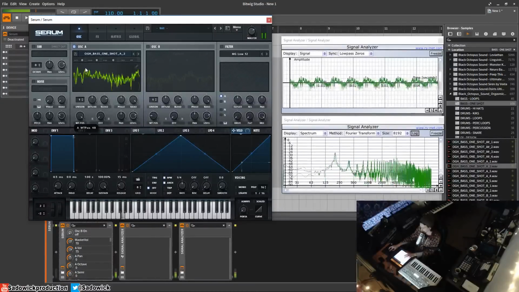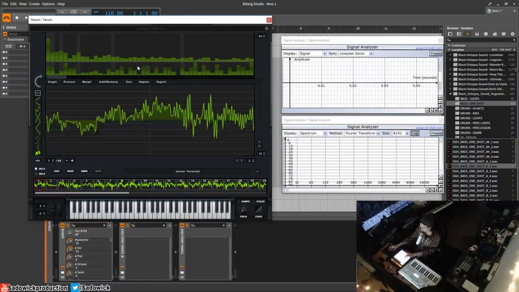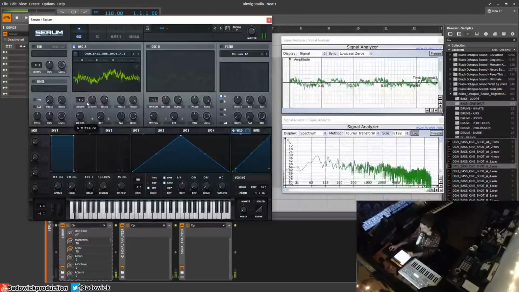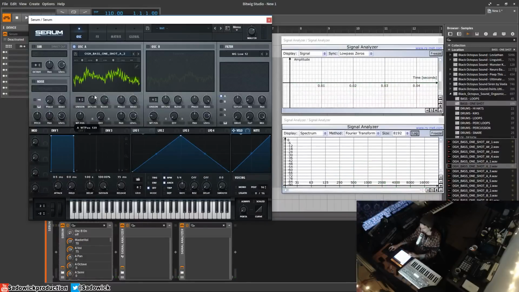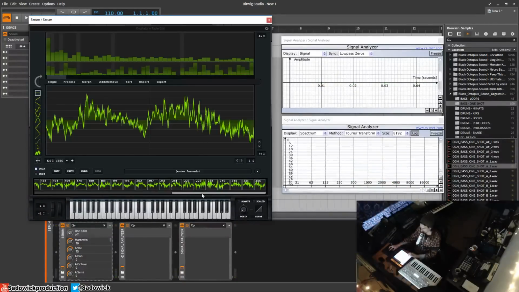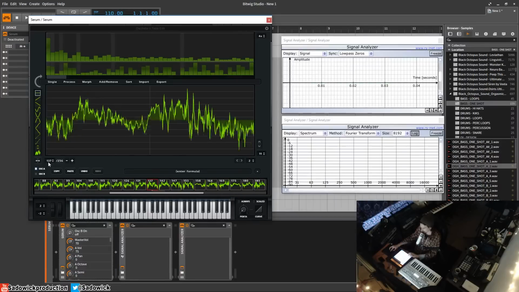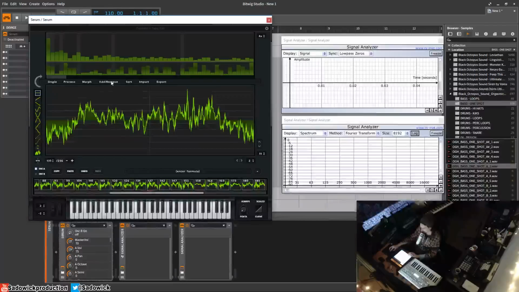So maybe we'll get a different kind of cohesion. Right. Let's process, or we'll morph to spectral. See what we got here. So I'm gonna find something that I kind of like. I like 139. Where's that one? So I'll just go 139, like 135, and I will remove